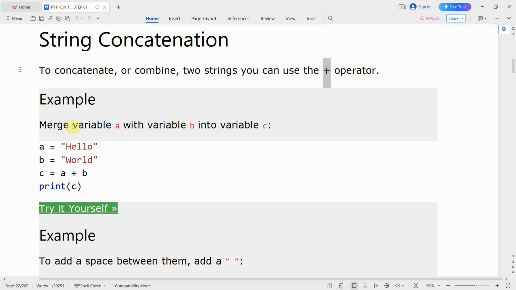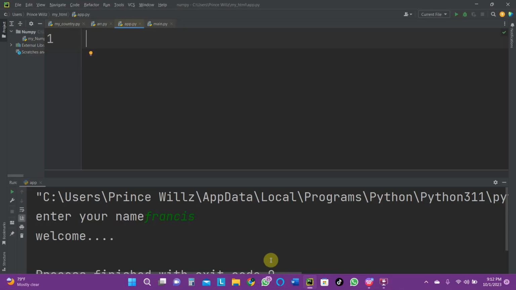As you can see in the example, it says merge variable A with variable B into variable C. This simply means create a variable C and merge A and B there. You can see what is written here: A equals hello, B equals world, then C equals A plus B. Now right here on my PyCharm,